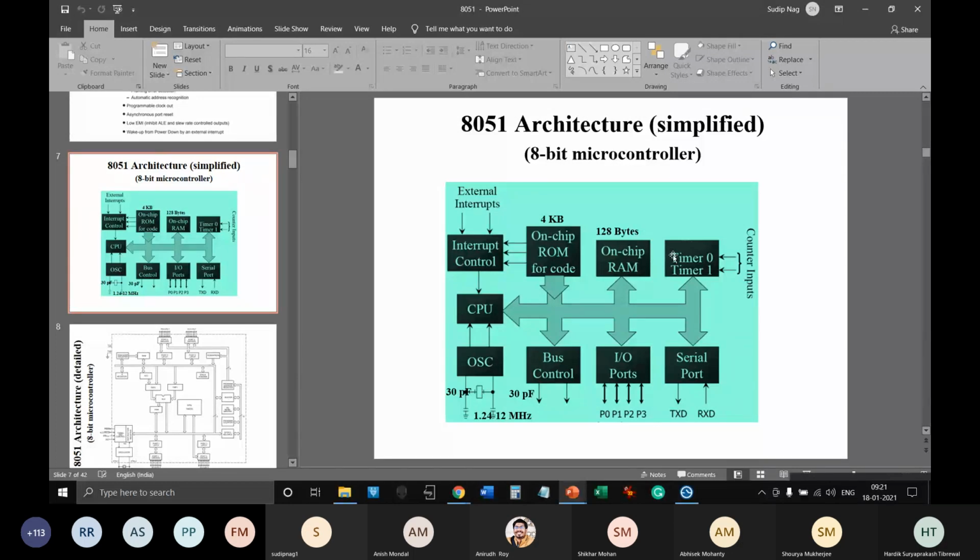Now, timer 0 is having some sort of digital counter. Assume it is an up counter. Assume it's not always an up counter. Again, in programming you will see different types, up and down, both are possible. But assume the timer has some sort of digital counter inside this block, and that digital counter is getting a clock signal of 1 megahertz through the CPU. So after one clock cycle, it will increment by one number. After another clock cycle, it will increment by another number. It's an up counter, right?